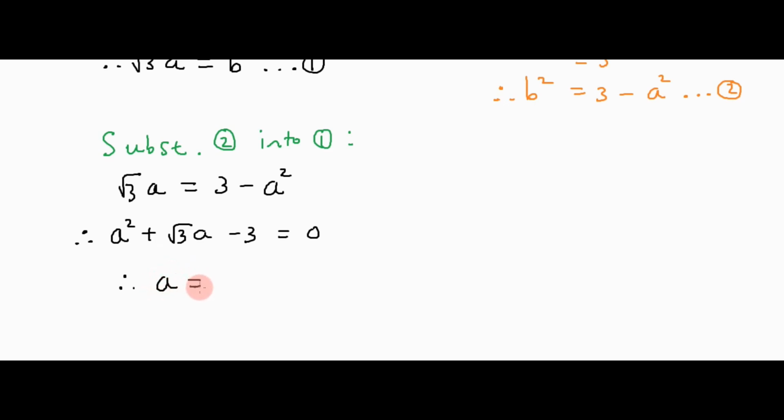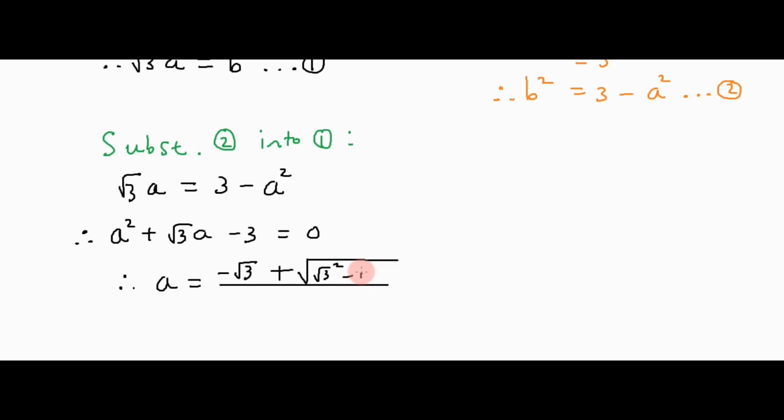So a will equal, using the quadratic formula, negative square root 3 plus or minus, but in this case we're going to use plus only because a is a length and it can't be negative. So plus the square root of 3